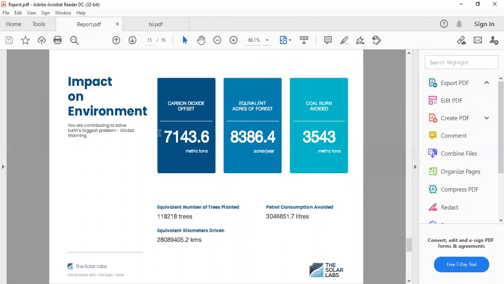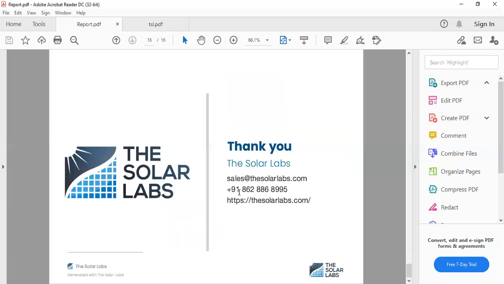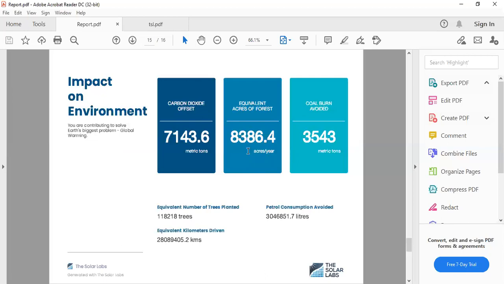There will be some carbon dioxide offset or some coal burned. So you can show that you can save this much coal burn, which will be equivalent to planting this many trees. So like this you can show him how he is going towards a green environment, towards an eco-friendly system.